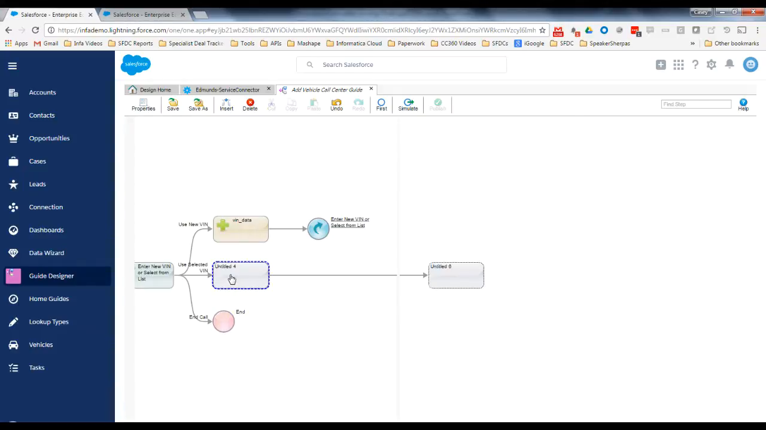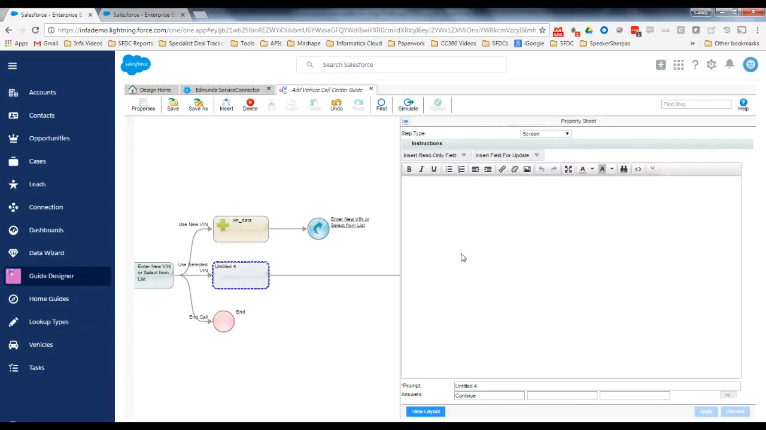Now, if we're going to use this VIN number that we've just pulled up, let's go ahead and display the information to the user and perhaps allow them to edit the mileage. So we're not going to create a new record. We're going to use this existing record to create the vehicle record within Salesforce. So, review DB vehicle